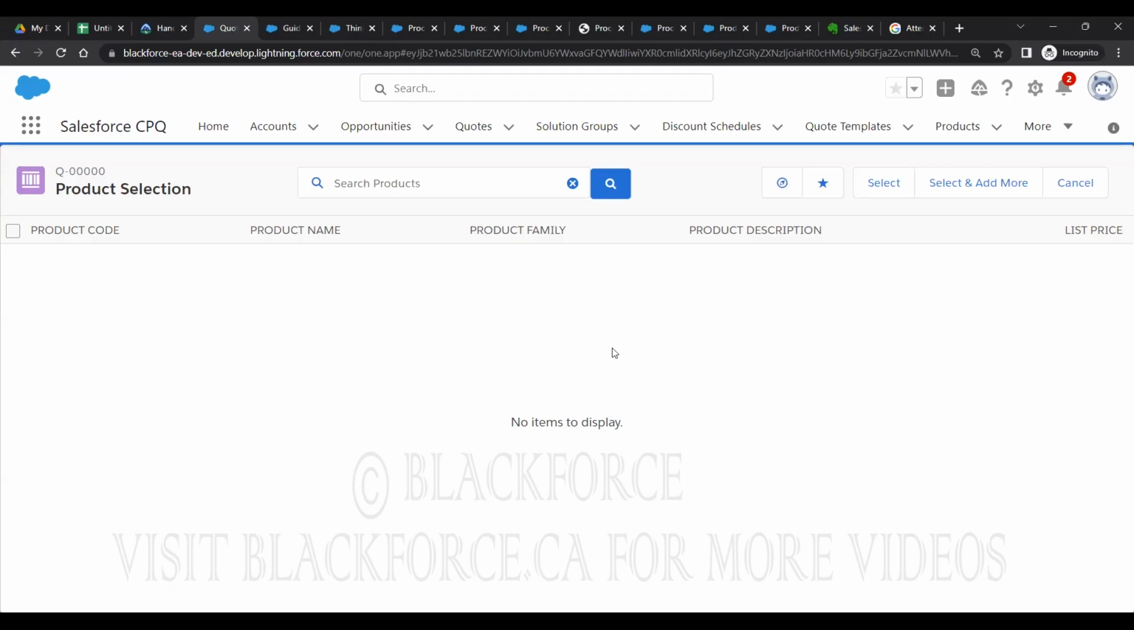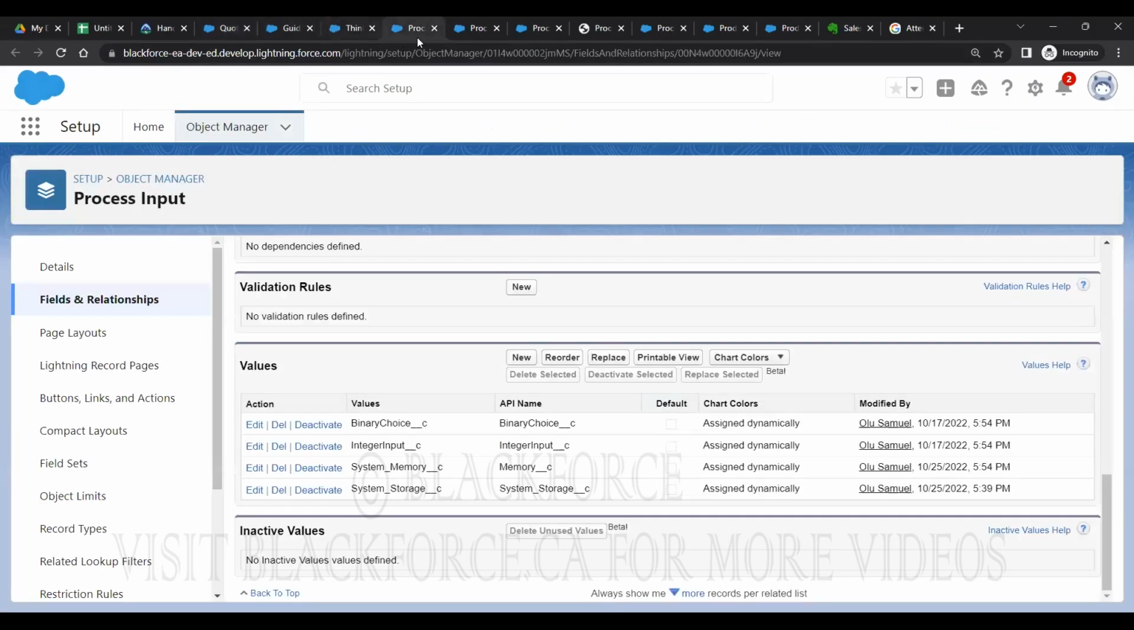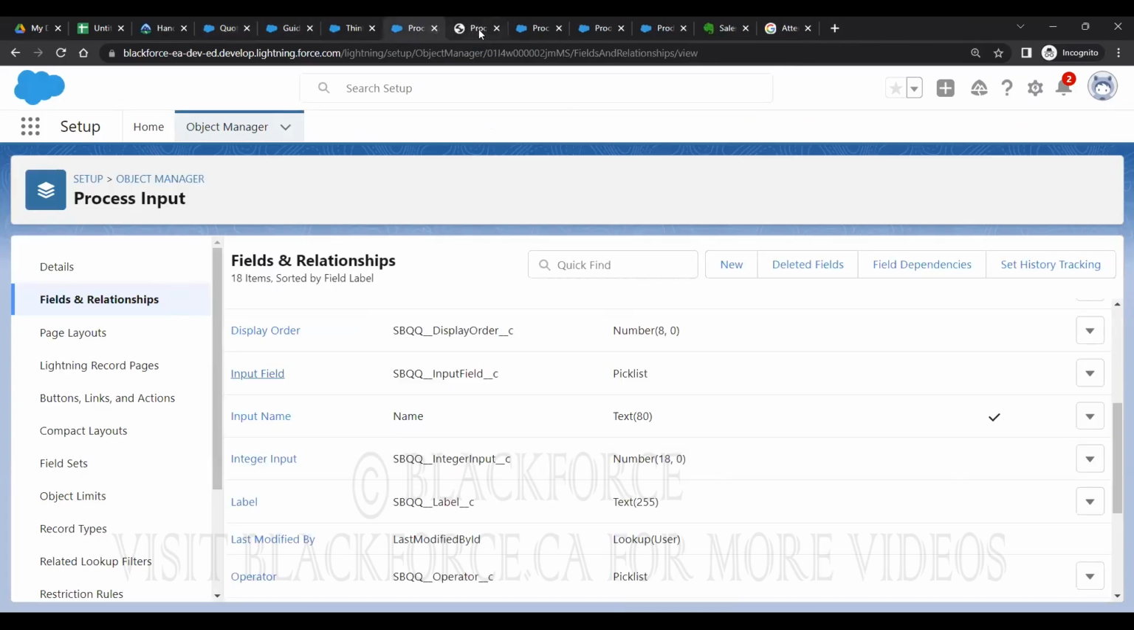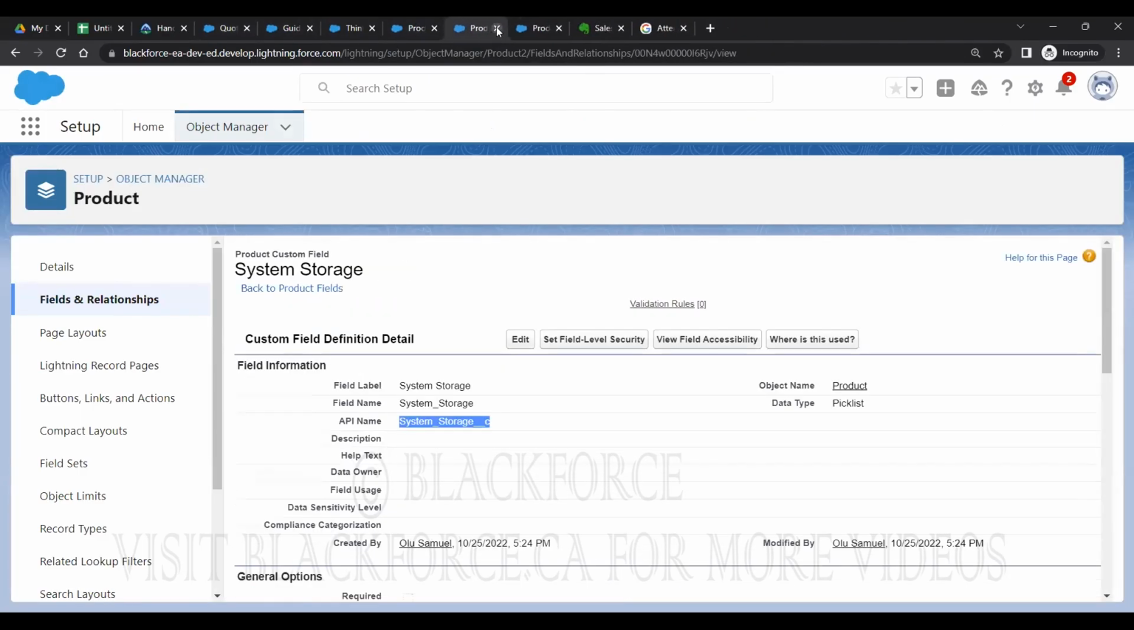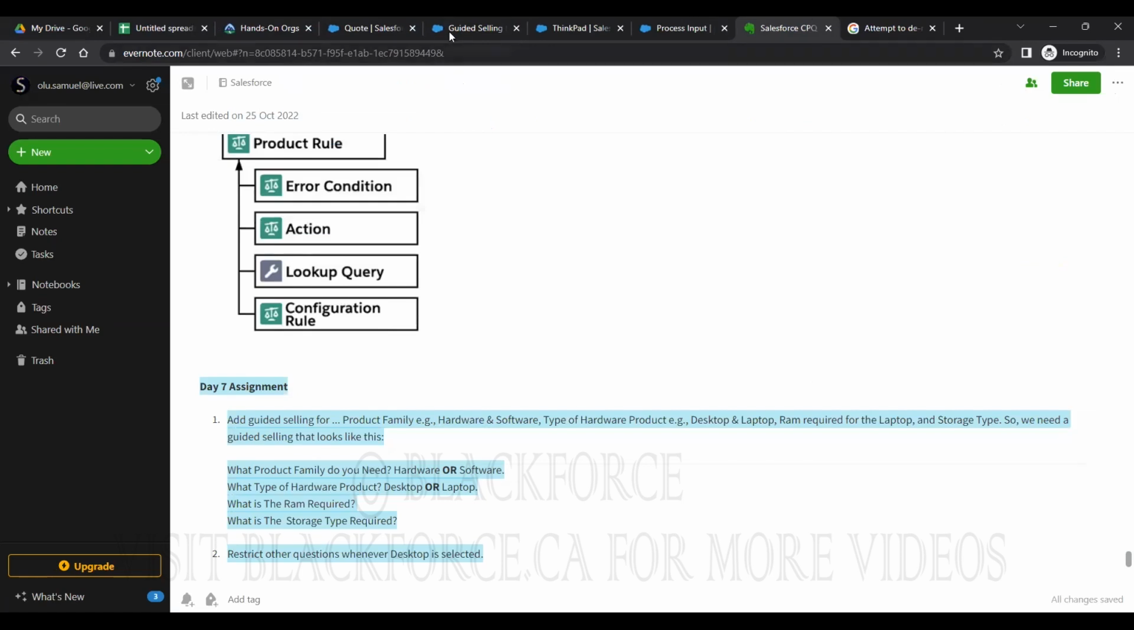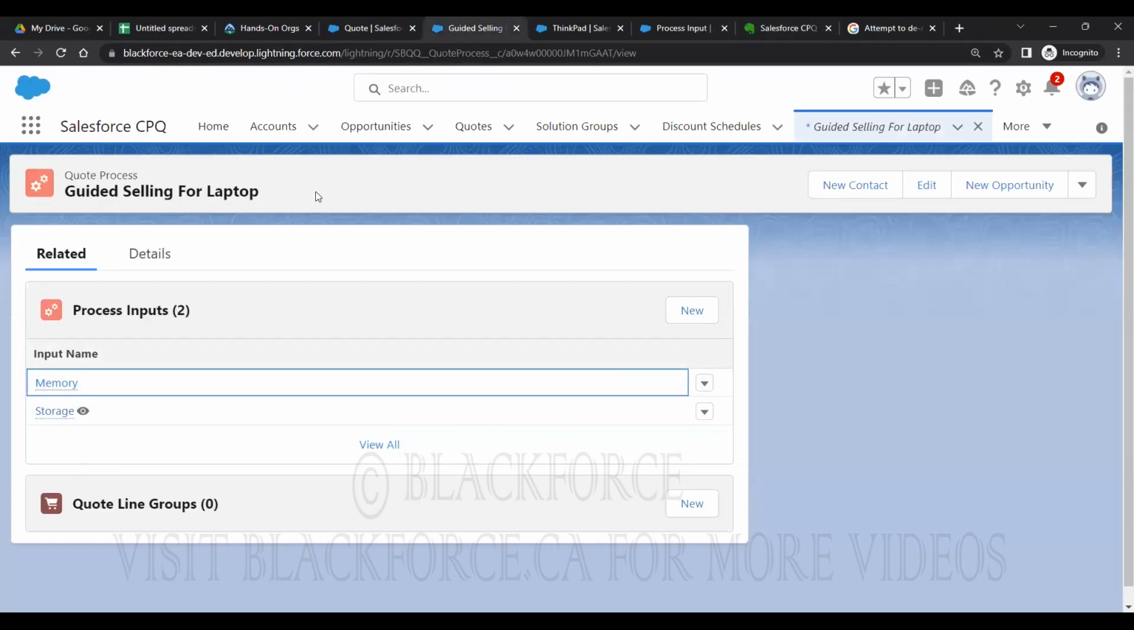So if we go back to one of these, not this one, let me close this. Wow, you guys saw what happened. That's Salesforce and CPQ for you. It's so annoying. Trust me. So annoying, I can tell you. So we need to go to